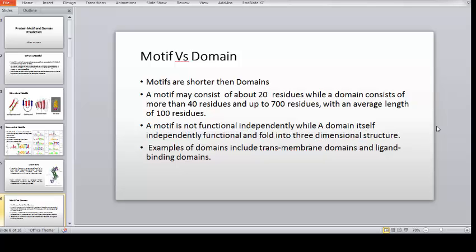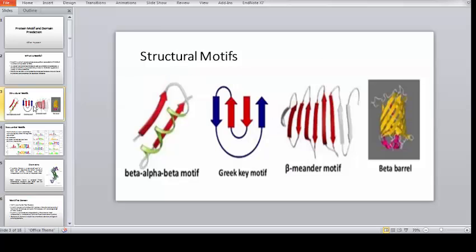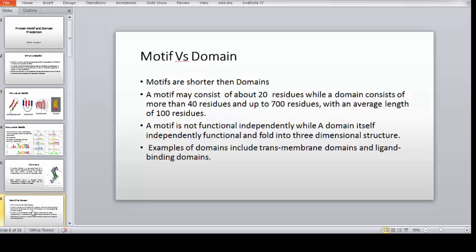Another difference is that a motif is independently not functional, while a domain itself is functional and has a 3-dimensional structure. An example of a motif we have already given, that is the beta, alpha, beta motif. It may be alpha helices, it may contain beta sheets, while in the domain example,